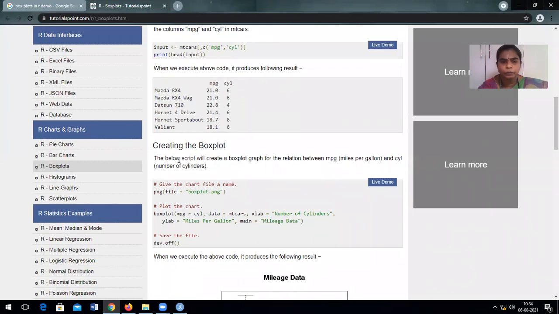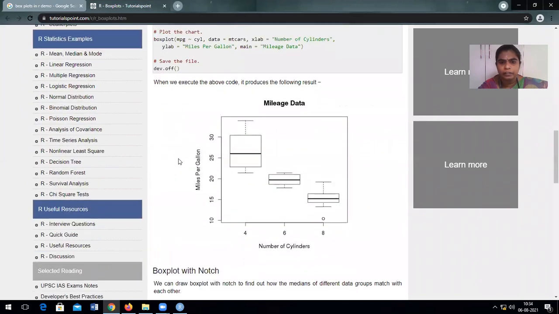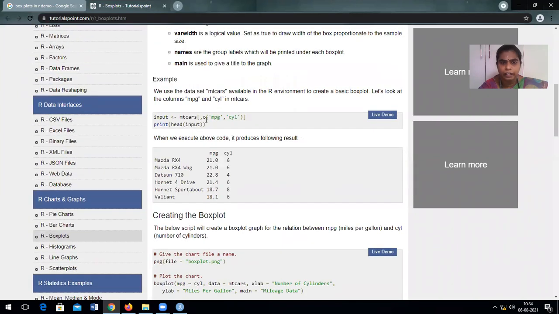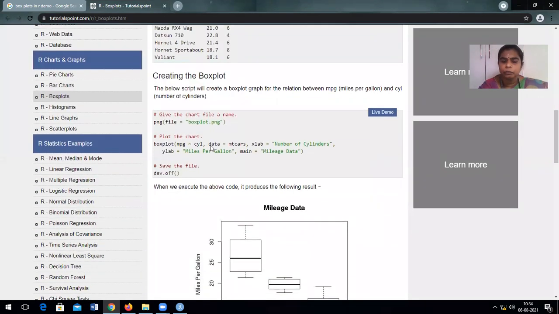Okay, now we are going to do the box plotting. See, this is the box plotting we want to do. So how are they giving it? This is your data. I always told you that a program means it should have three components. What are they? Input, process, and output, right? So input is ready. Now we are going to do the process and output.